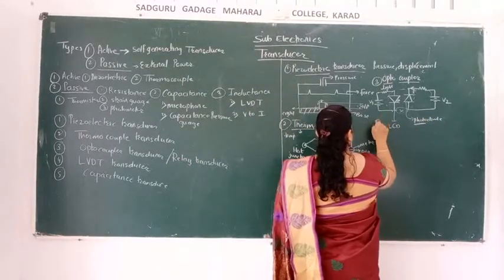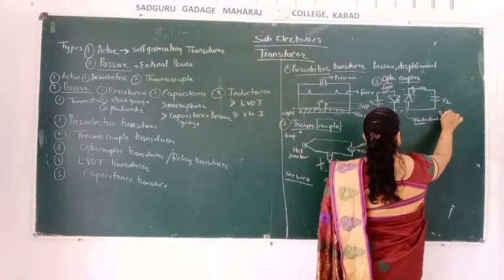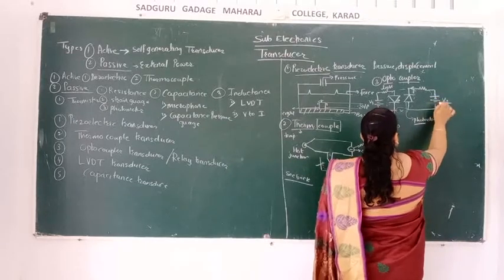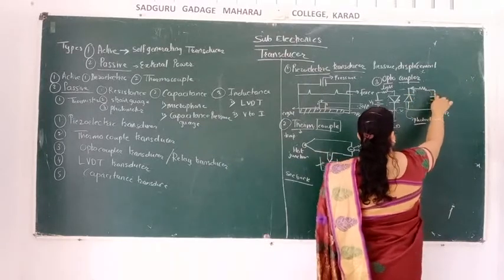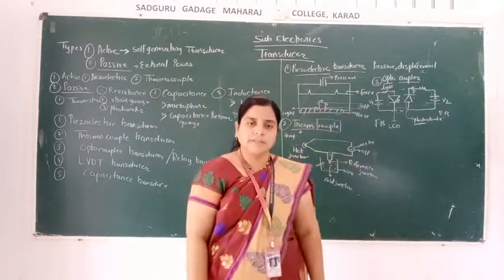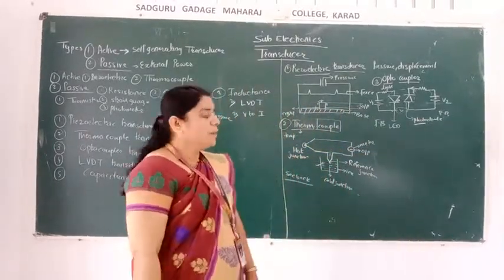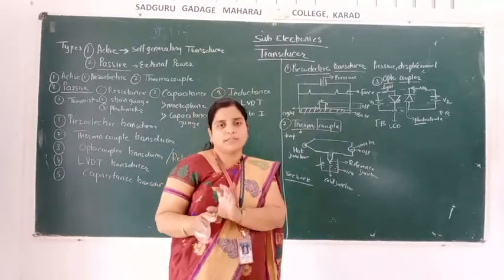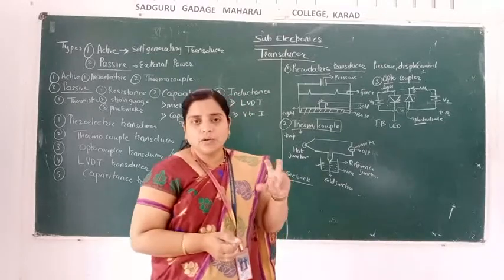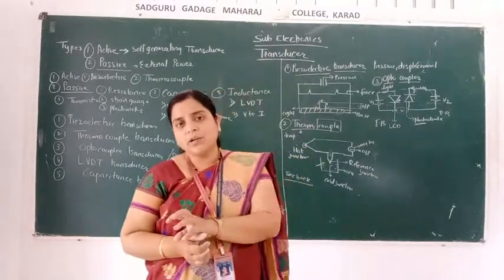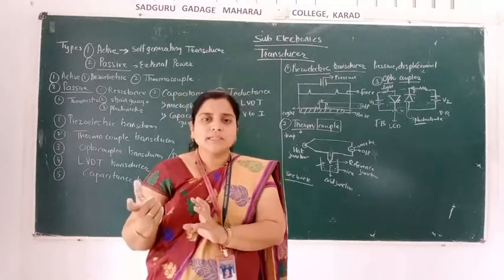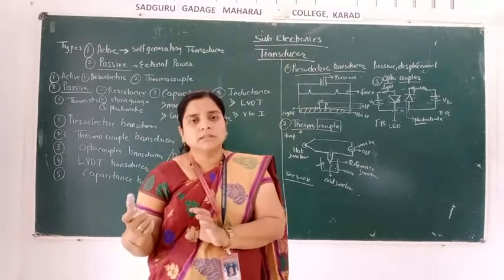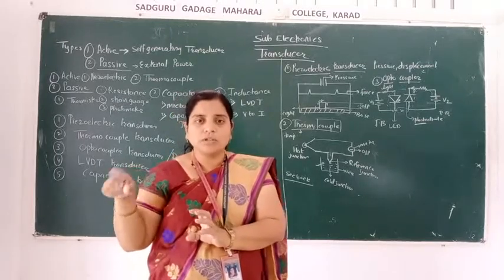Here we connected it in forward bias, and here we connected it in reverse bias. Reverse bias म्हणजे काय? The negative of the diode connected to the positive of the battery is called the reverse bias. So in an optocoupler, what happened? One LED is used on the LHS, one photodiode is used on the RHS. When the LED glows, it makes light fall on the photodiode, then the photodiode starts working and takes all the current across the second part. So that is the output you are measuring there.